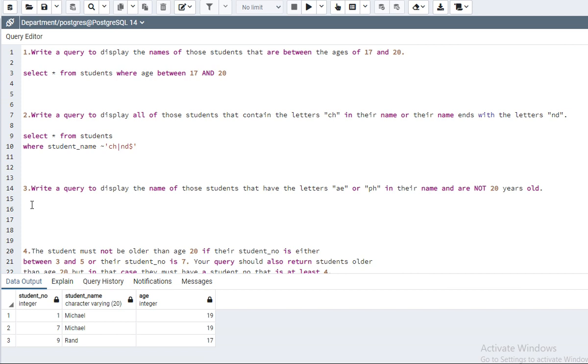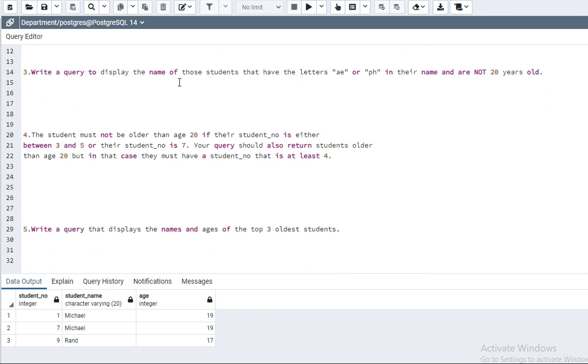Now my third query is: write a query to display the name of those students that have the letter AE or PH in their name and are not 20 years old.